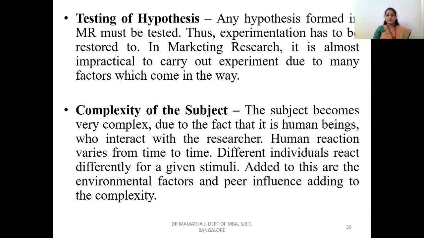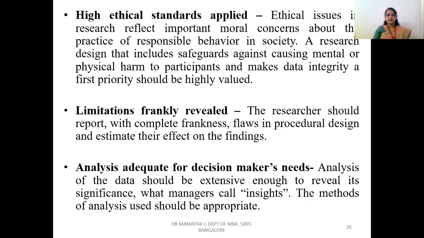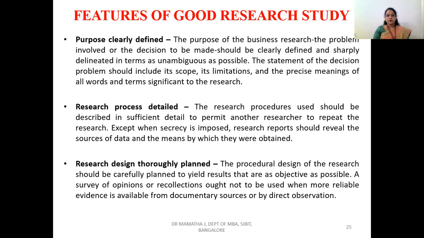And based on the complexity of the subject also, different individuals will react differently to a given stimulus. So environmental factors and peer influence might also lead to the complexity of the subject. So these are all the various criteria to be fulfilled as a researcher, or the features of a good research